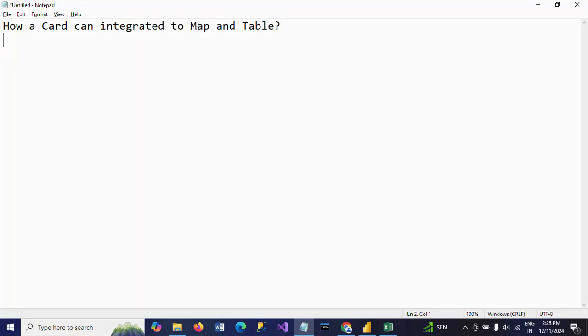Today I will show a demo on how a card can be integrated with a map and table in Power BI. So what is a card? A card is one of the visual tools in Power BI that displays data visually in an appealing format. We can use the card to display one item of the data. There are number cards,